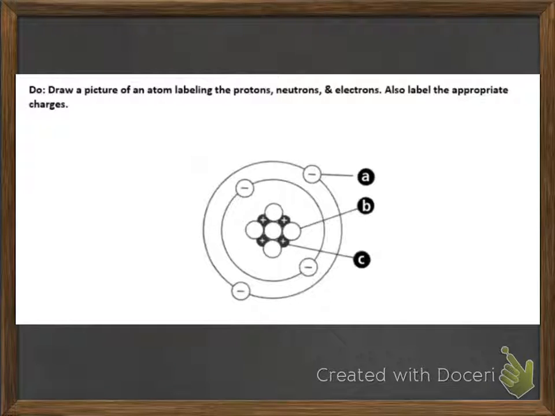All right, now let's actually look at a model of an atom. This is what an atom looks like, and we're going to name the parts. And remember, these are things that are so small that you don't see them. But let's take a look. All these negative things here, notice they're in a kind of cloud on the outside of the nucleus. Those are called electrons, and remember, they have a negative charge.